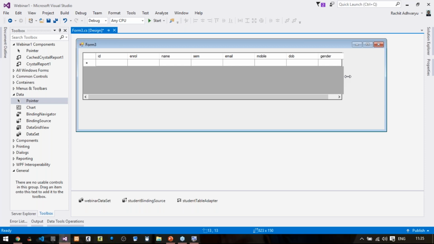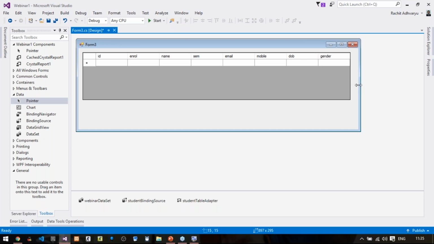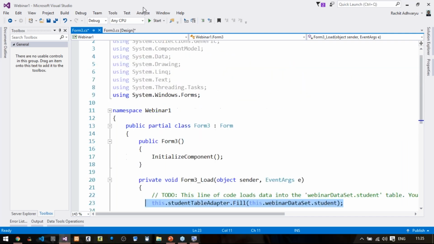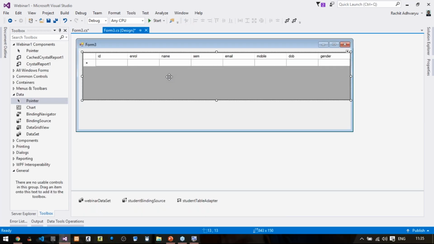And if you load this form and see the code part, automatically the code has been written by your data grid view. It says this dot student table adapter, that means the form's backend contains one table adapter, that means it contains some data.